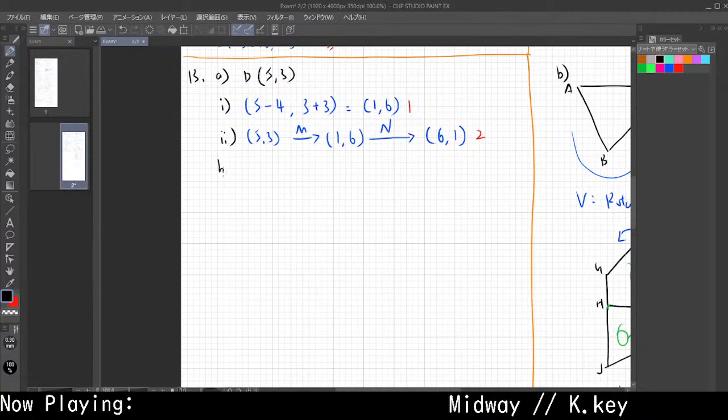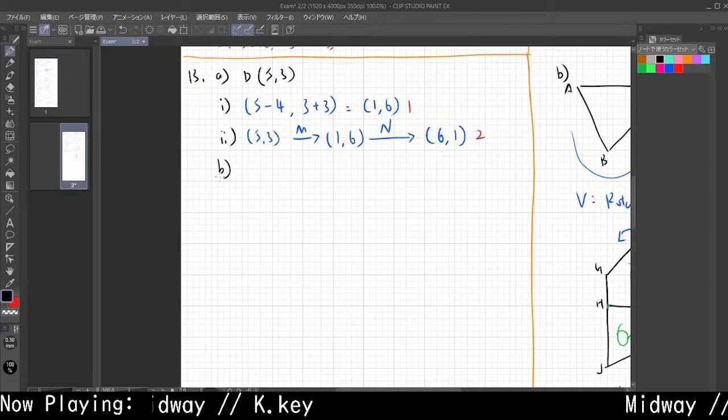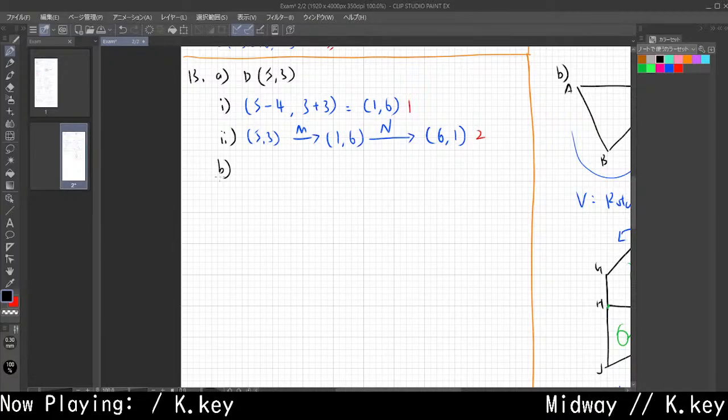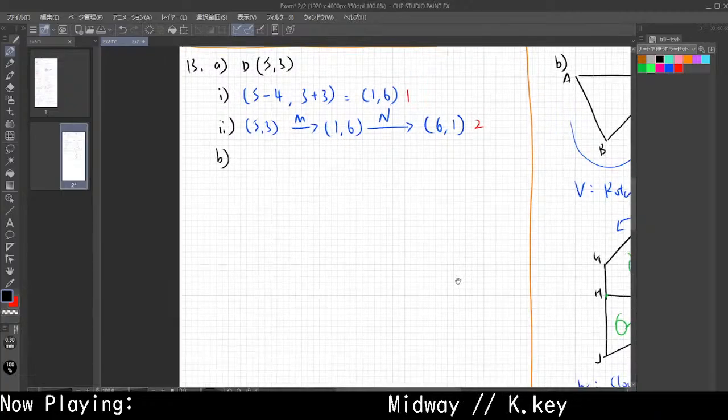Okay, part B. Part B says PTUV is the image of ABCD under the combined transformation JK. Describe completely the transformations K and J. So JK means K goes first. And if you look at the image,